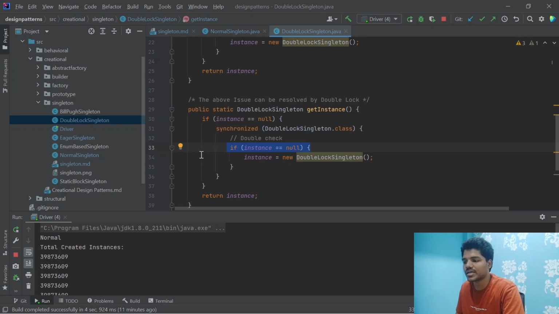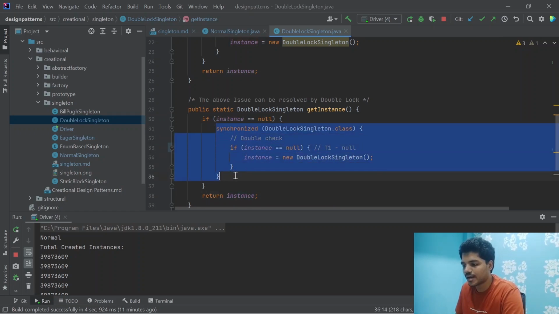That 'still' is most important here. At 33, T1 still sees it as null. So it will create the singleton instance. It will return. Then whenever the lock is released, at line 32, T2 will come,